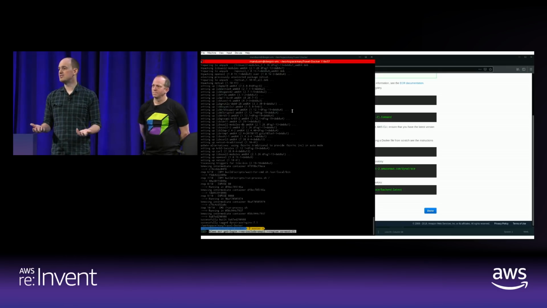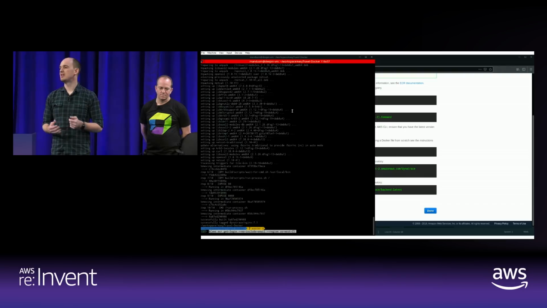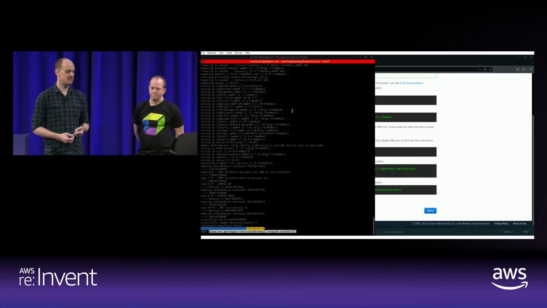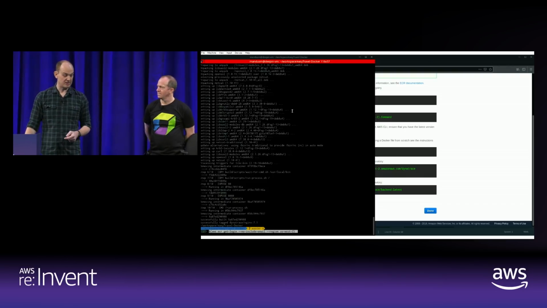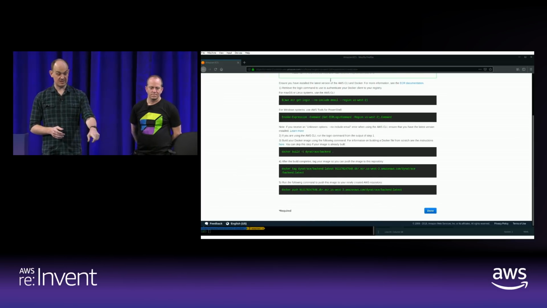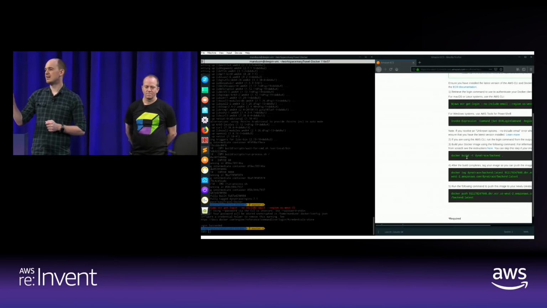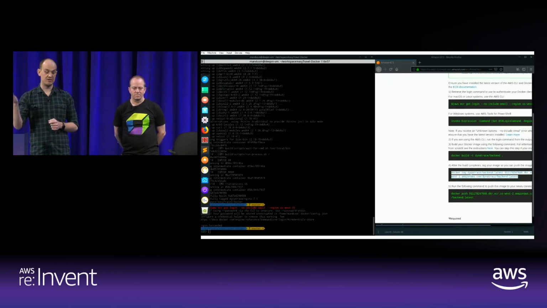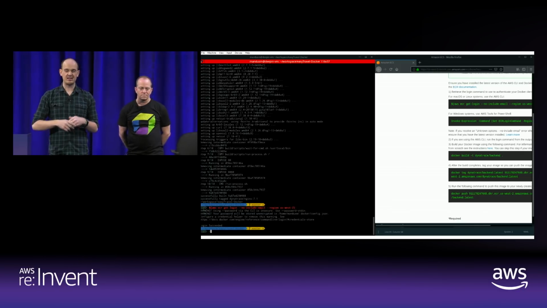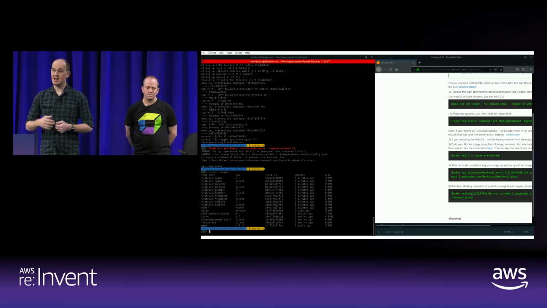And the way that you log into it is very simply the same way you log into any system with the Docker login command. And we've made that even a little bit easier by integrating that to our AWS CLI tools. So here you can see me logging in and authenticating using the AWS CLI tools. There it logs in, and you can see it's succeeded. And now I can take the repository URI, the actual repository name of the new repository I created, and I can tag my local images with it. Once I've tagged my local images with it, I can upload that image into ECR and then pull it and